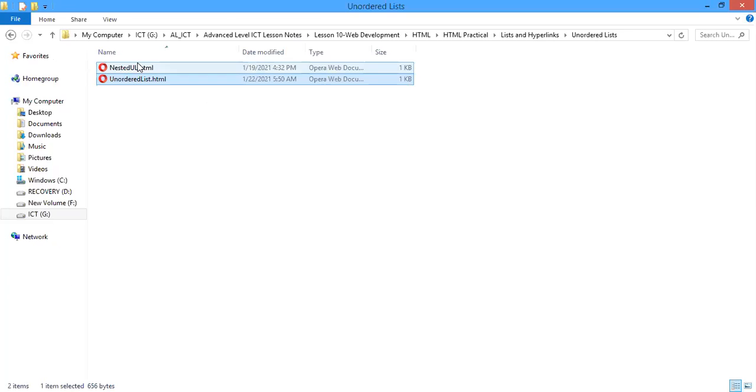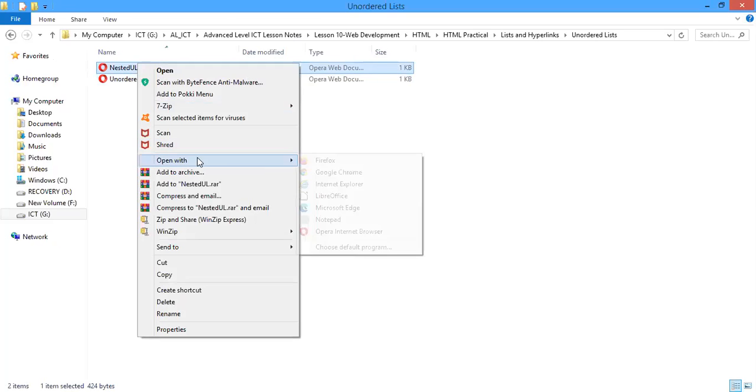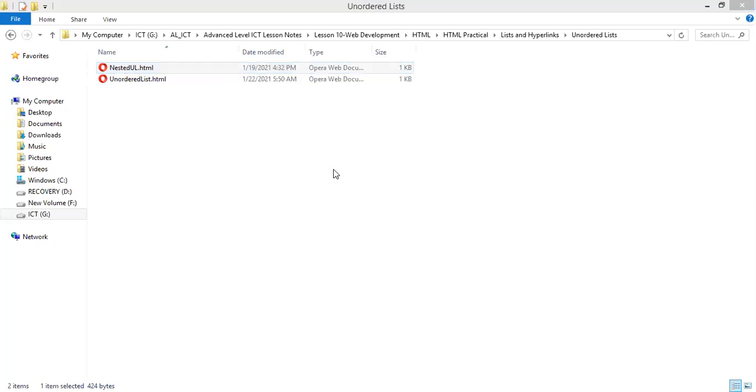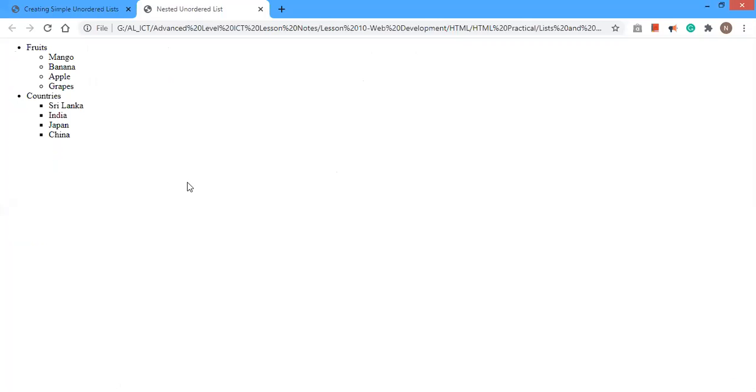Then we will see how to insert nested unordered lists. First we will see the output of this file. Then we can get some understanding of what a nested list means. A nested list means one or more unordered lists or ordered lists come under another list.